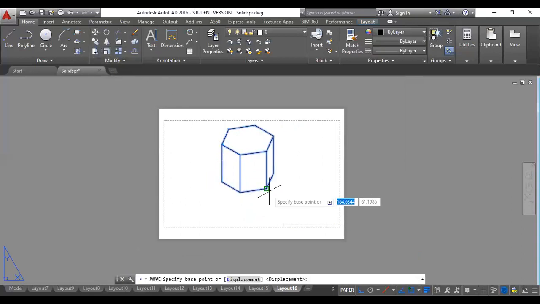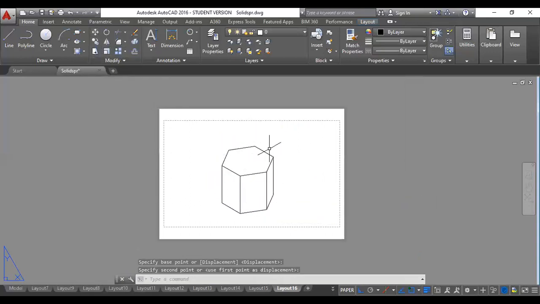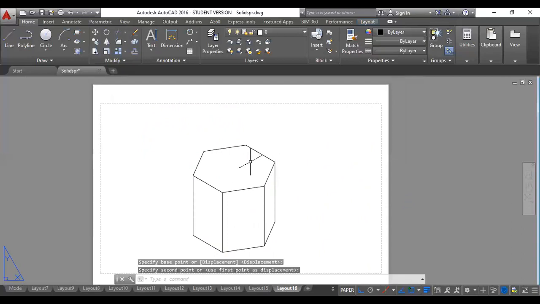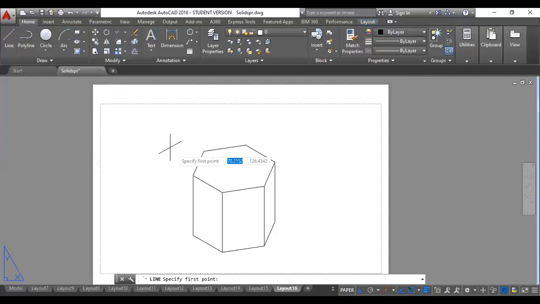On top of this hexagon, let us say there is a sphere of 50 mm diameter which is resting on top of this. You know that the sphere is not going to change its length. It is going to remain to its true length. So what I will do, I will find the midpoint of the top face of this hexagon first. So you join this. So this becomes the midpoint.